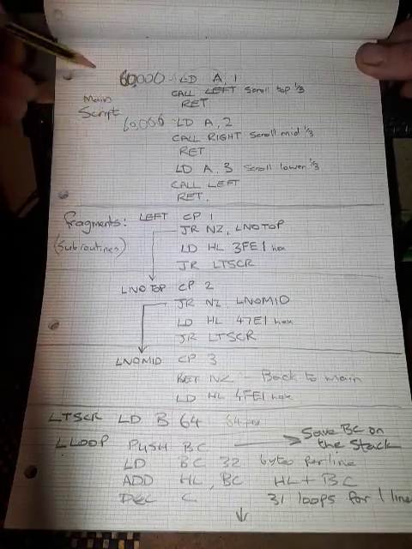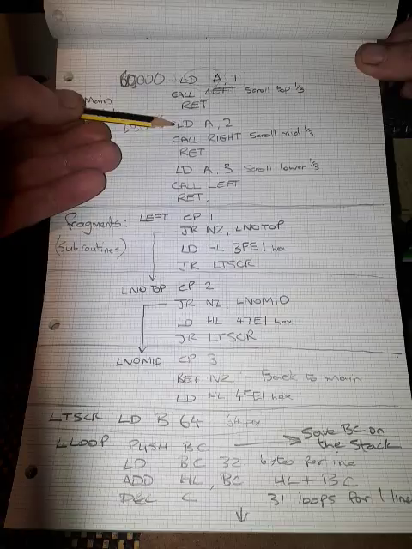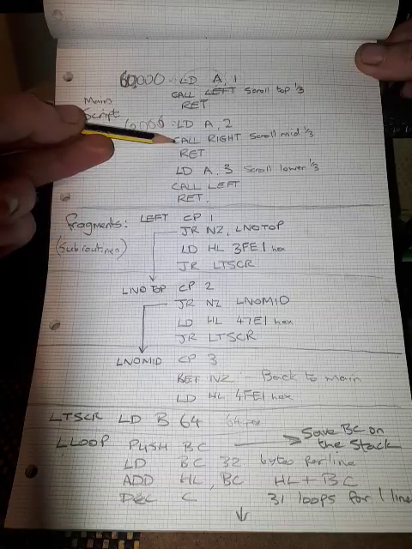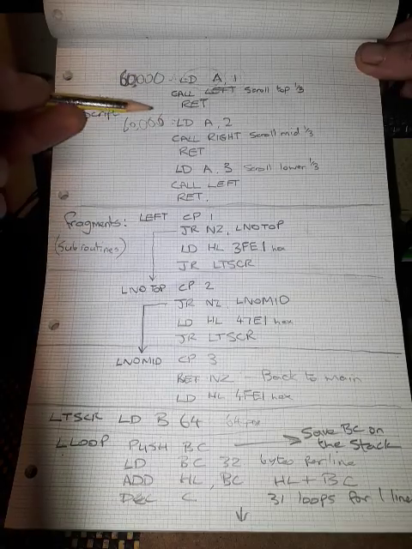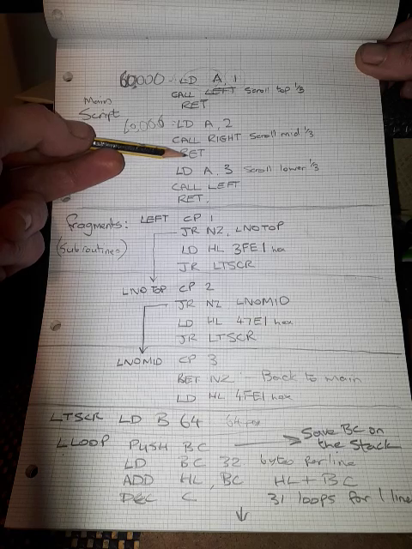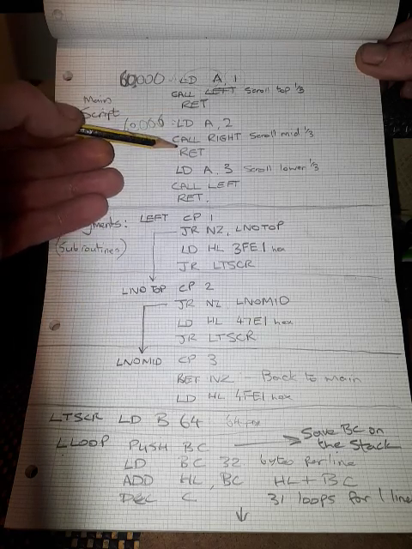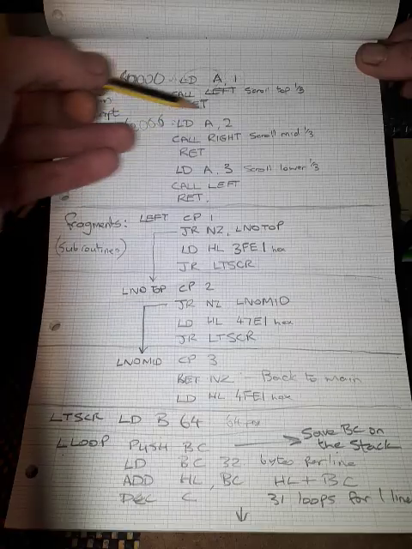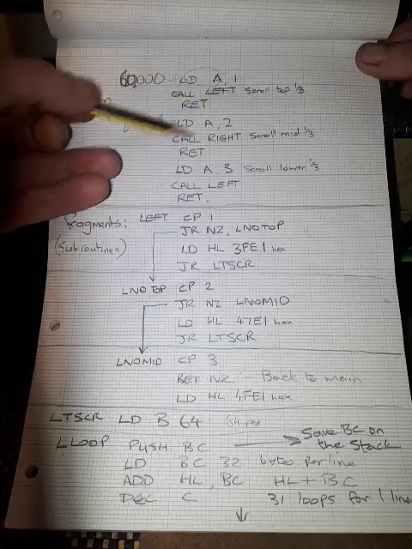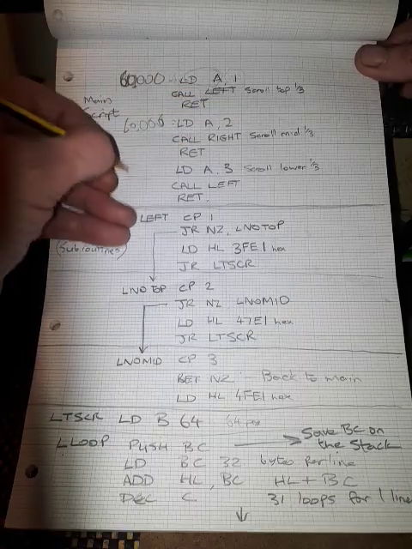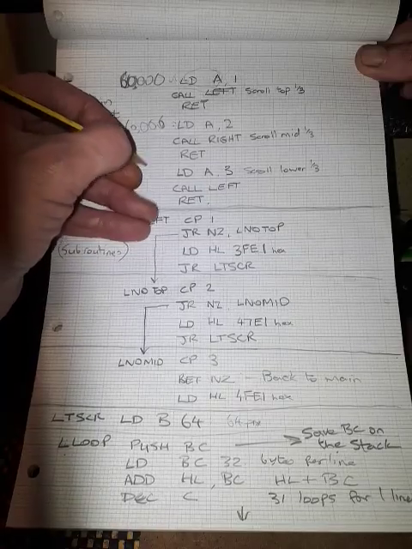So if you randomize user 60,006, you'll end up here. You'll call the right hand scroll, which just moves 1 block and comes back to you. Or if you've set it up as loops, it'll do as many as you tell it. So 60,006, 7, 8, 10, 11, 60,012 by